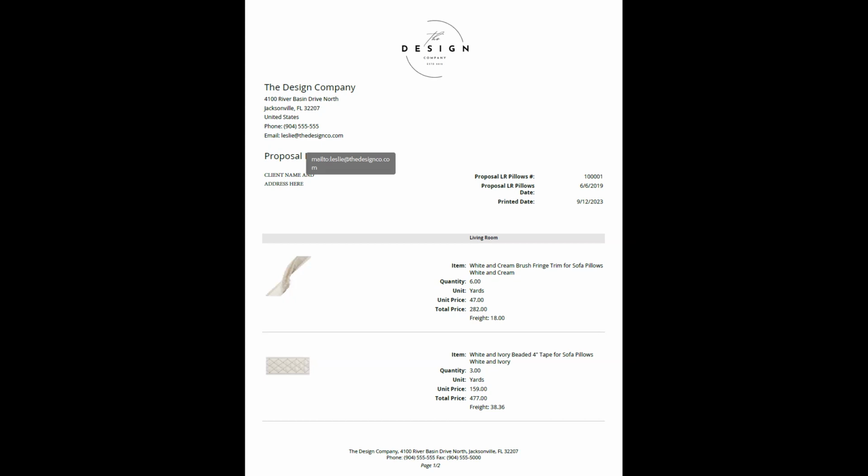And so you can see that information is provided so that the client can follow up with the designer later if needed. So client name and address always goes here. It's hidden here for their privacy for us today. But you can see we've got a coding system related to the item number and proposal, the date that the client received the proposal, and then the printed date.